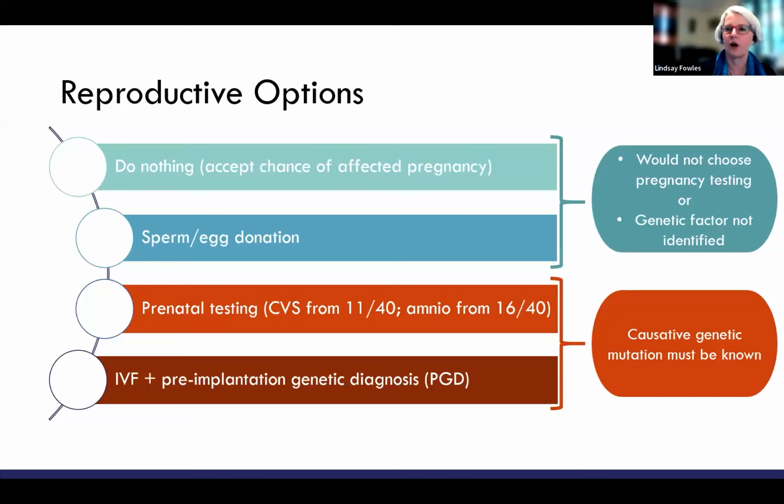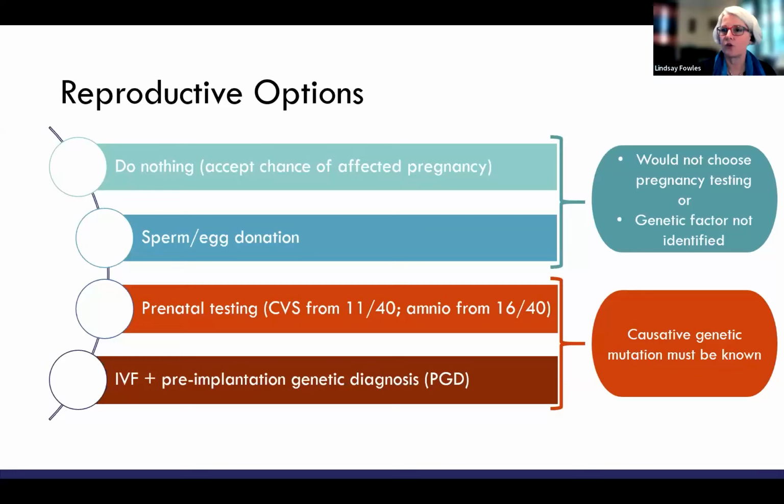And so there's a couple of times during the pregnancy at which you can have direct diagnostic testing of the baby, of pregnancy, CVS at around 11 weeks, or an amniocentesis at around the 16-week mark. And that can give you direct genetic information about the pregnancy. And if the pregnancy is found to be affected by the family condition, then they're left with the choice of deciding whether to continue that pregnancy or not. So you're considering whether you might have a termination of pregnancy.